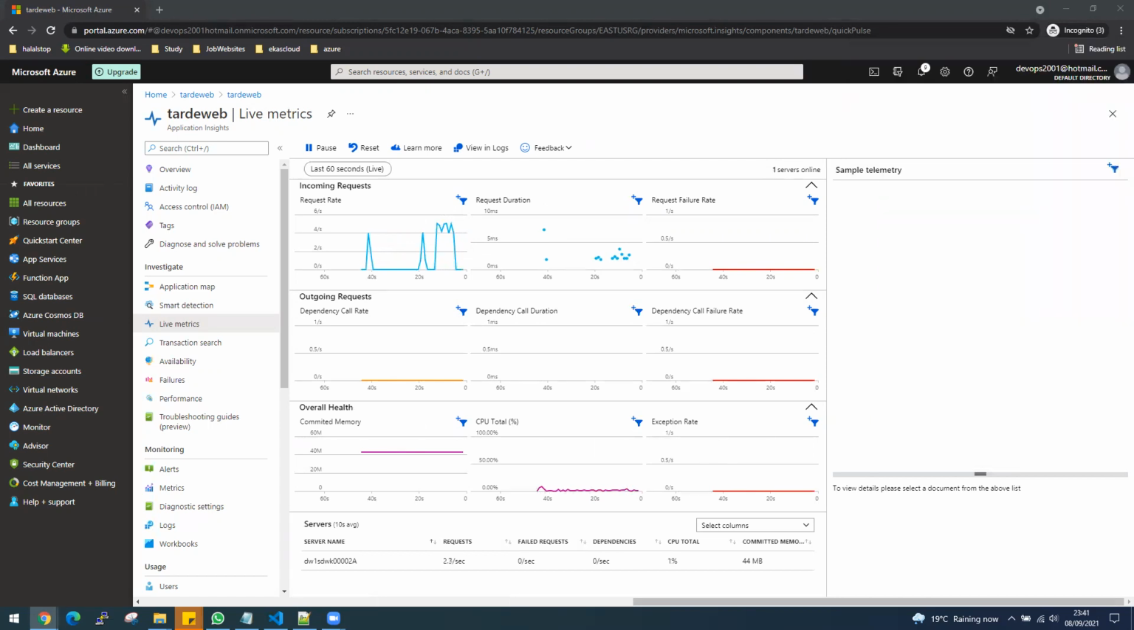Okay, that's pretty much it. So I think we have covered the web apps and the application insight as well, and how to swap the slots. Okay, I will try to cover other